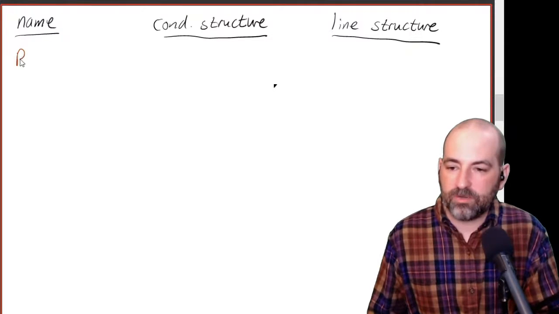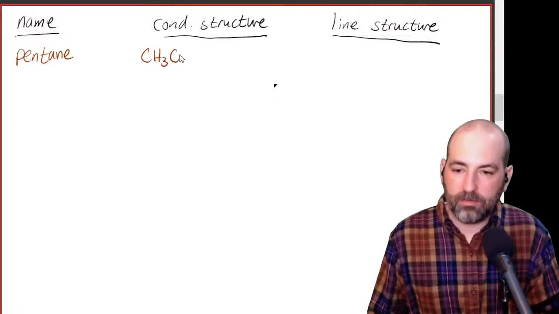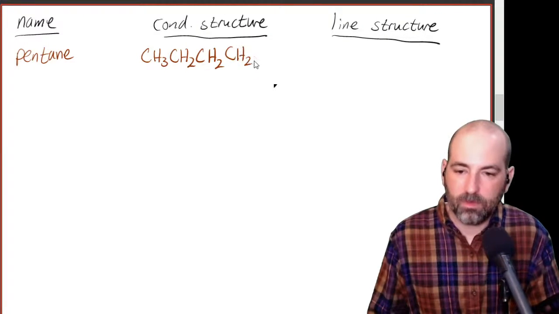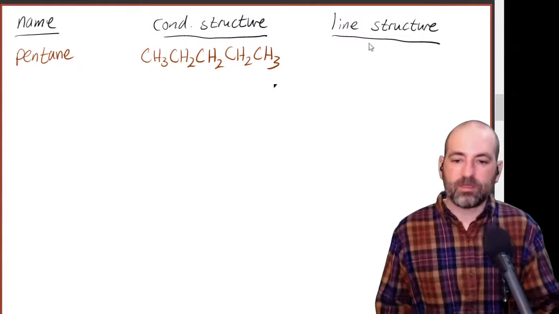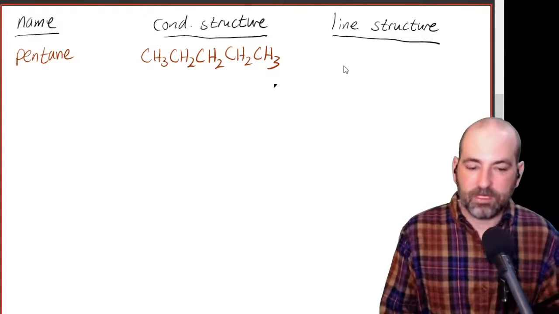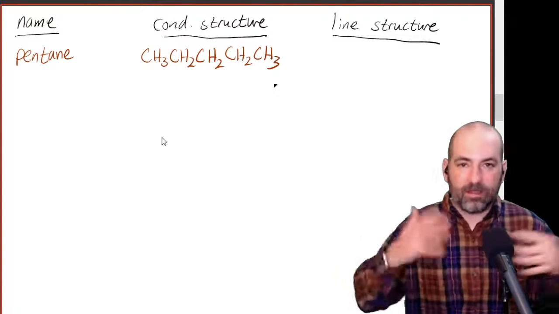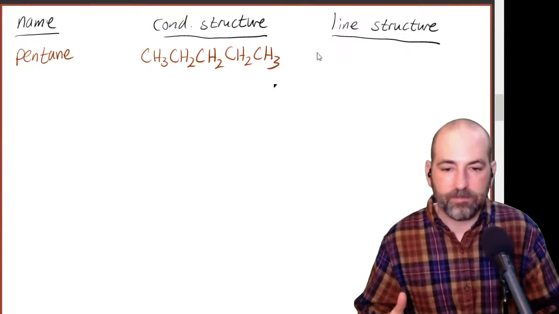All right. So next we've got pentane, which is the 5 carbon. And I'm going to leave some blanks here for you to fill in. So here's our condensed structure, 5 carbons. And then let's draw the line structure. Again, we need 5 carbons, and this time we don't need to put anything else on there. We've just got carbons and hydrogens, so we can just do our zigzag.